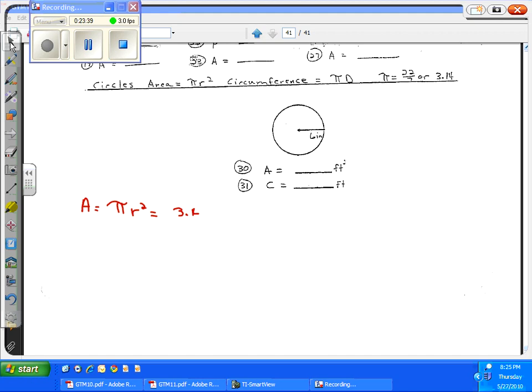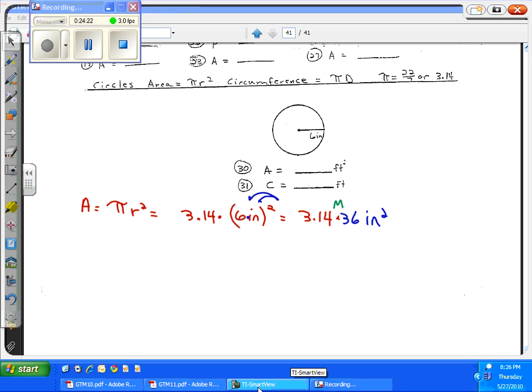So we have pi, which is 3.14, times the radius, which is 6 inches, quantity squared. We distribute the exponent. 6 squared is 36 inches squared. Now we're going to multiply. 36 pi